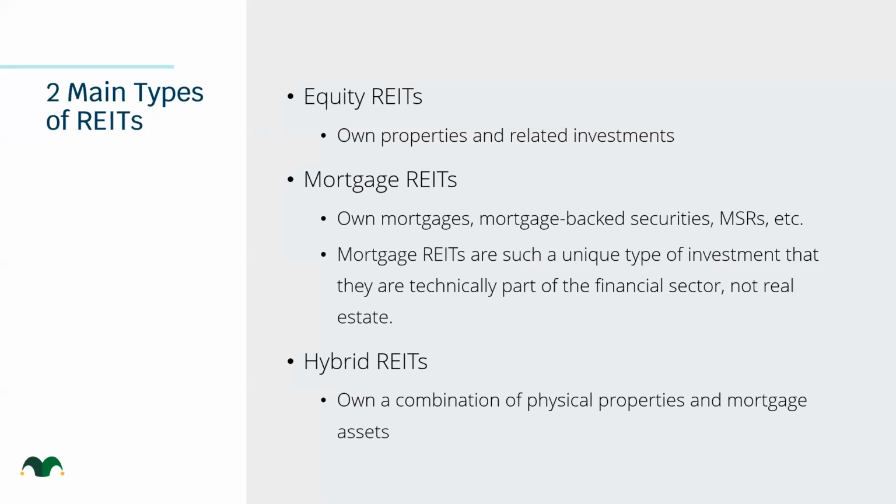So just getting started here. There are two main types of REITs, although there are three bullets on this slide. There are only two main types of REITs. Equity REITs are the real estate investment trusts that people normally think of when they're saying the term. These are real estate companies that own properties and related investments and make most of their money from rental income